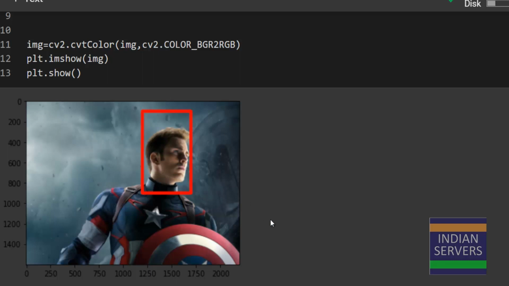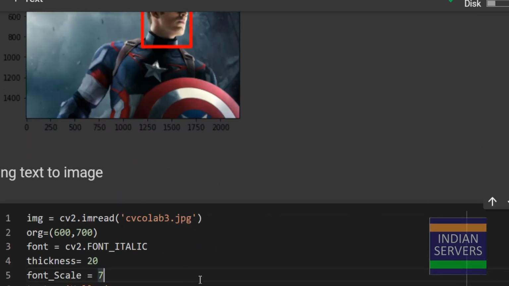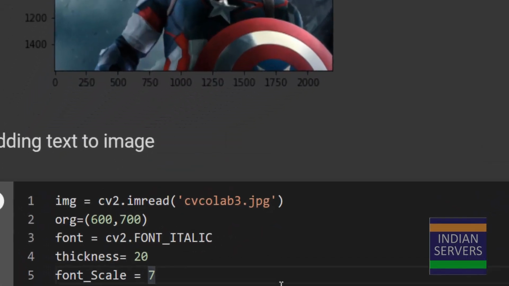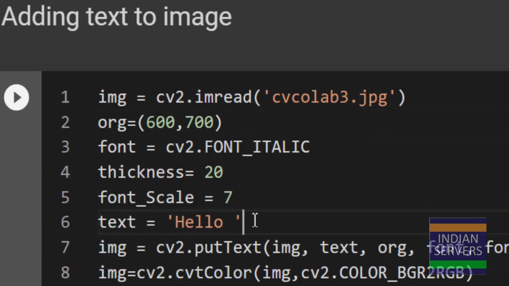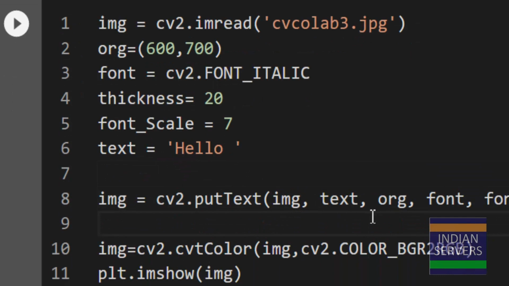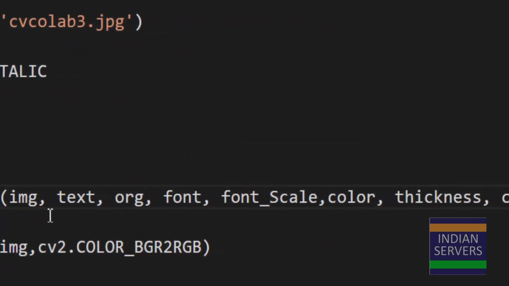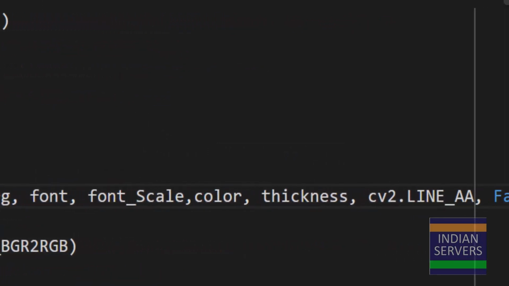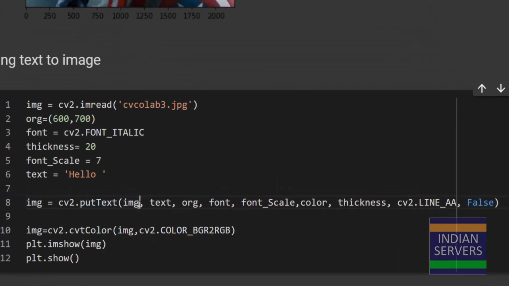If we move further, we can even add text to that particular image. This is rather more simple. There is no need to give two coordinate values; we just have to give something like org, which is the starting point of the text. We will be using the function called putText. The putText function helps us place the text on our particular image. The arguments for this are img,